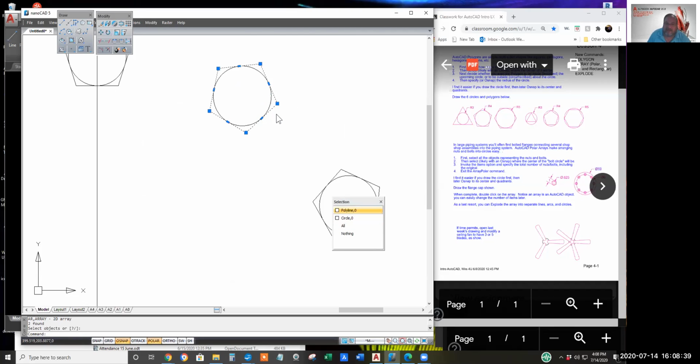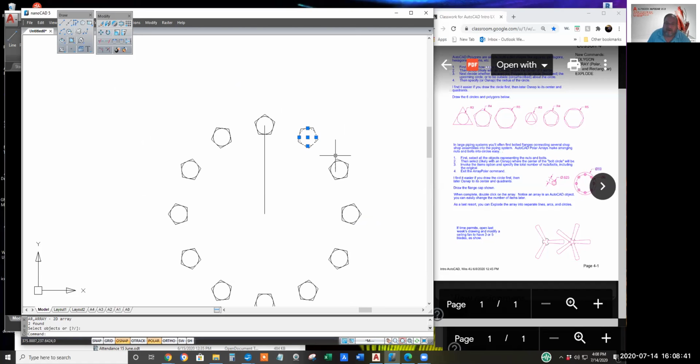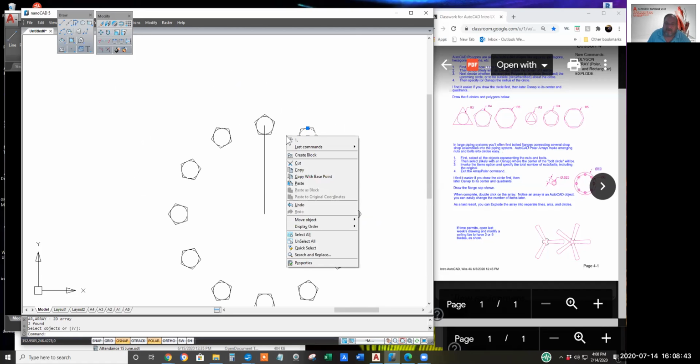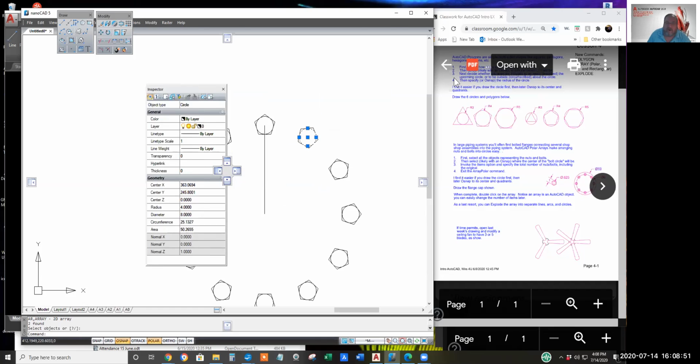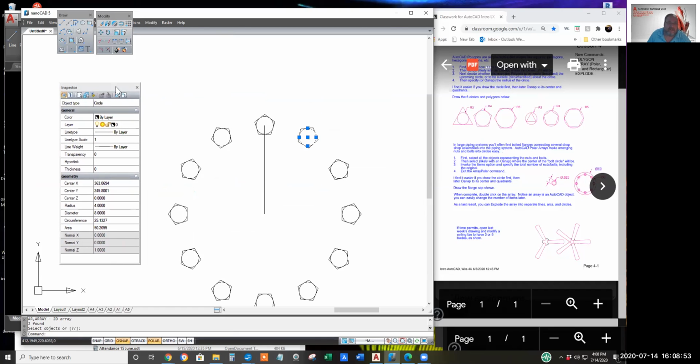Okay, then I just simply click on a circle, right click and properties. Keep wanting to type list, L-I-S-T, which is the AutoCAD way to find a little bit of information about an object, but properties will work.